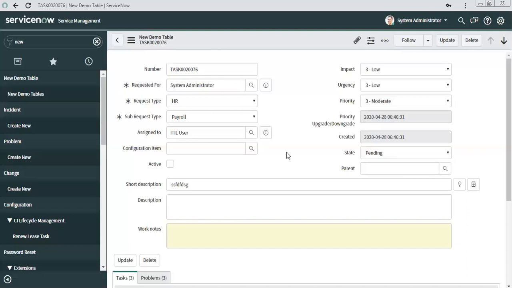Then coming to the functions, glide ajax provides you two methods of calling the data from server to client. One is getXML, another one is getXMLWait. Let's discuss getXMLWait first. Say you selected a user here, and then this client script will send a call to the server.